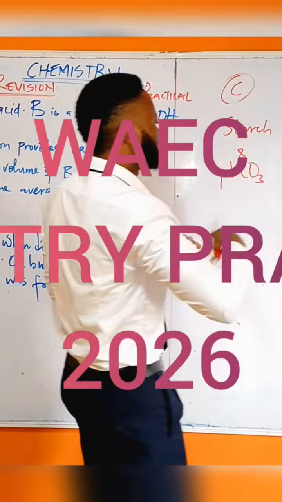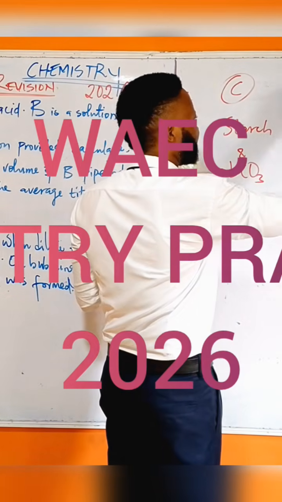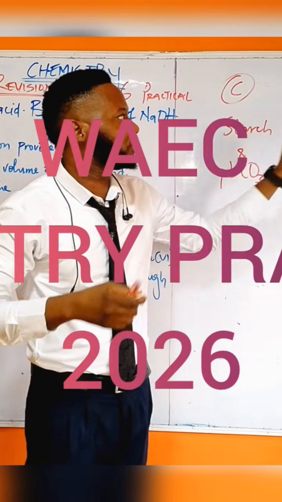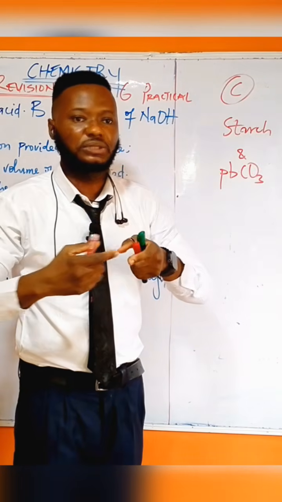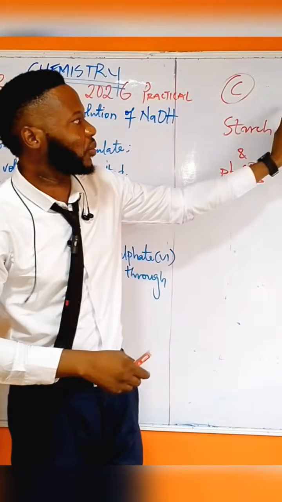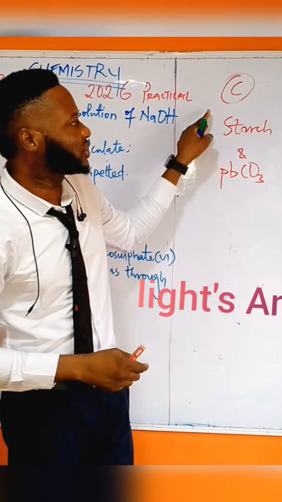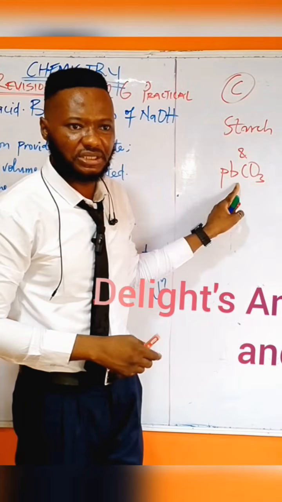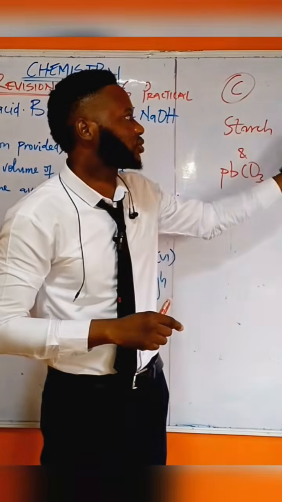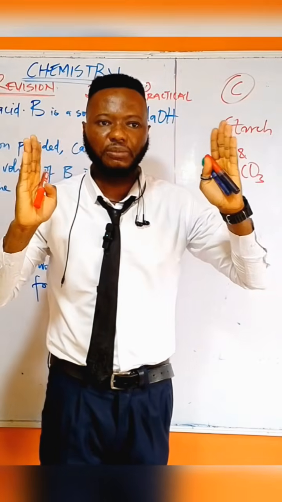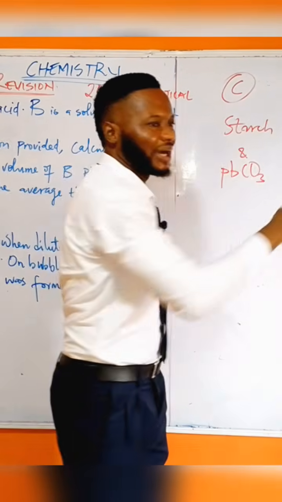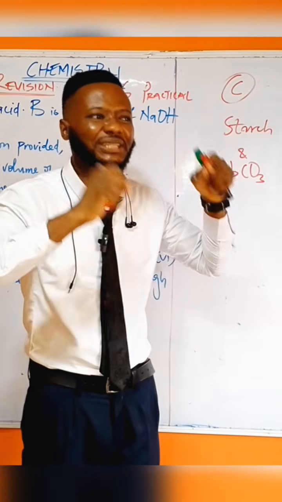You will see where they wrote 1:1. This part is actually for teachers. So 1:1 means they are going to carry out filtration, because once they say 1:1, it means if you measure 1 gram of this, you also measure 1 gram of this, they must be equal. If you say 2:2, 3:3, they must be the same. So once I saw that 1:1, automatically I know that they are going to carry